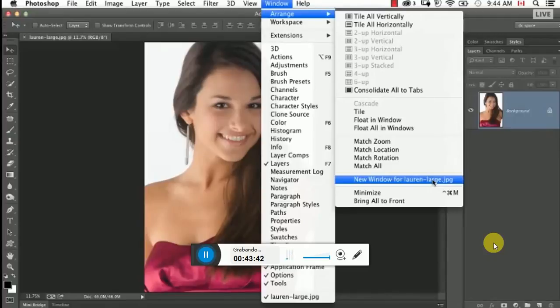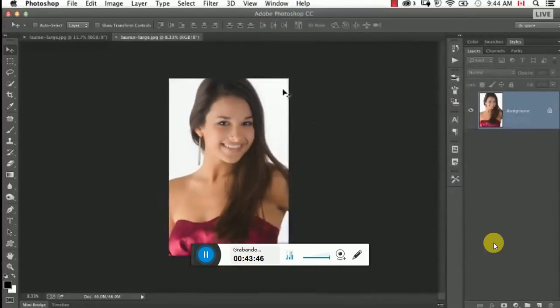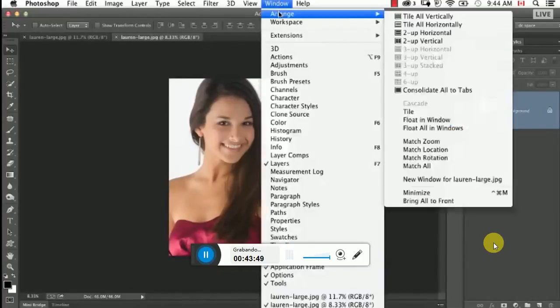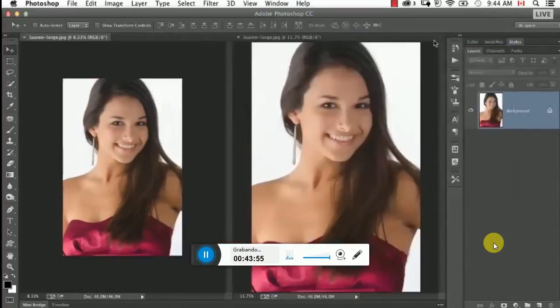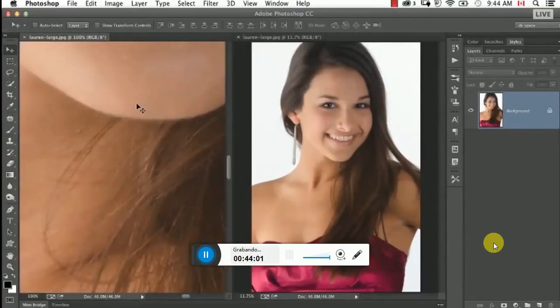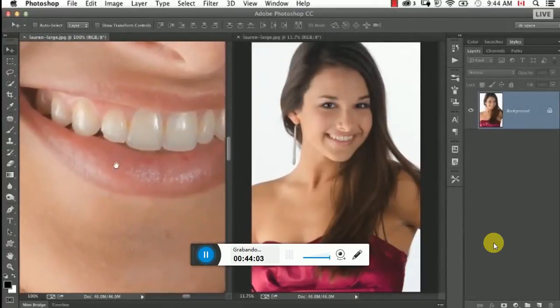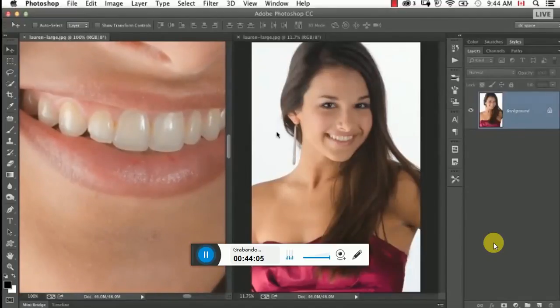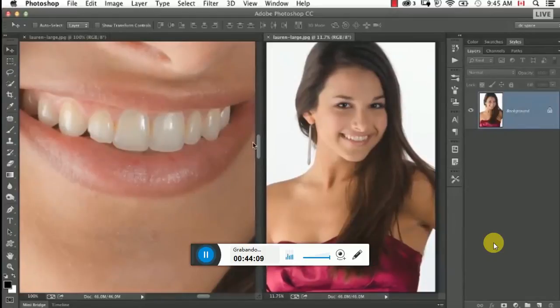Now this is not duplicating the image, it's making a second view in a second window of the same image. So we do that, and then we go back to Arrange, and then there's a command called Tile. So I'm going to change it to 2 up vertical, which just means they'll go side by side. So what you do is on one of them, let's pick this one. This one I'm going to zoom in really close to start working on her teeth, but the one on the right I'm going to keep